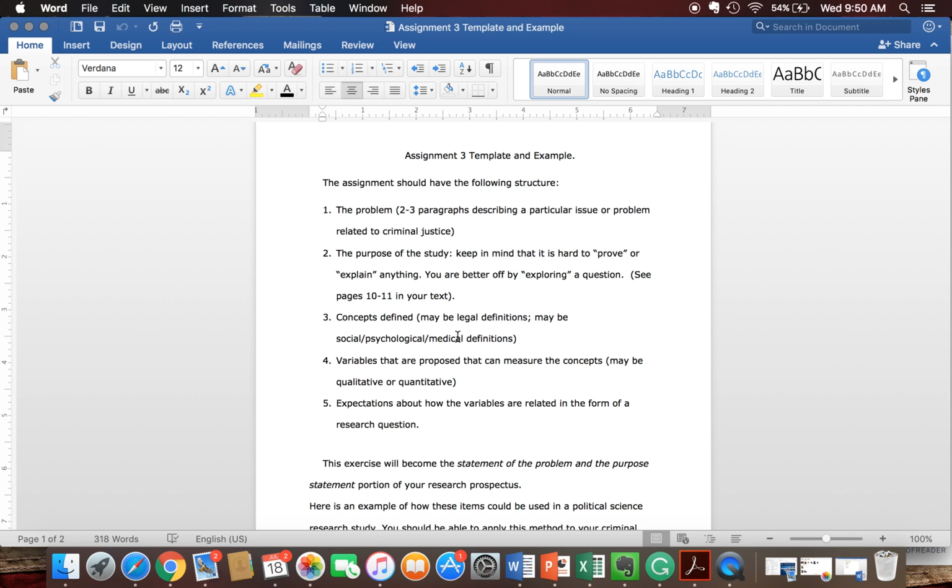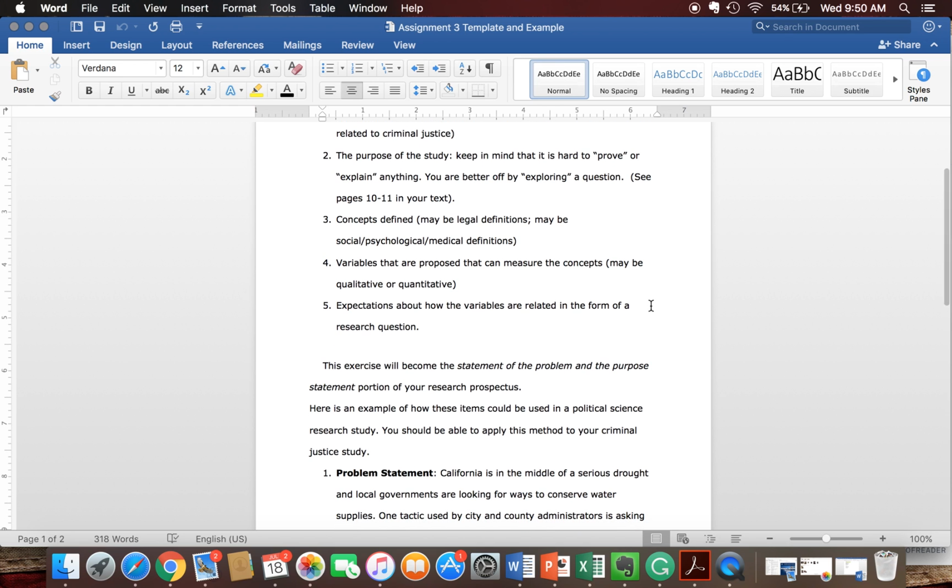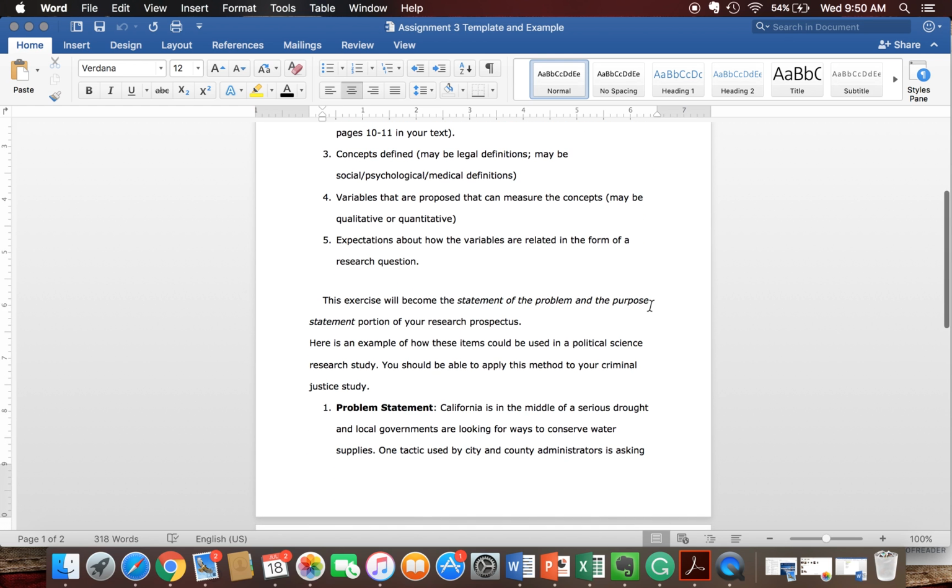The concept defined may be a legal definition, maybe a social, psychological, or medical definition. Variables are going to be proposed that we can measure, to measure the concepts. They can be both qualitative or quantitative, and expectations of how the variables are related, in the form of a research question. This exercise will then become part of the statement of the problem and the purpose statement portion